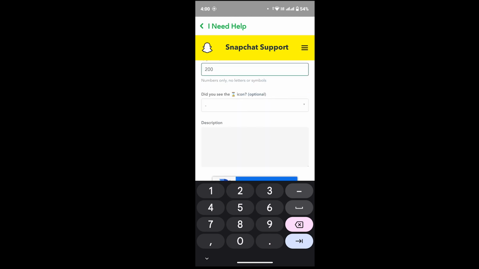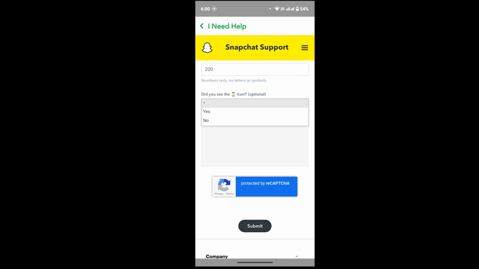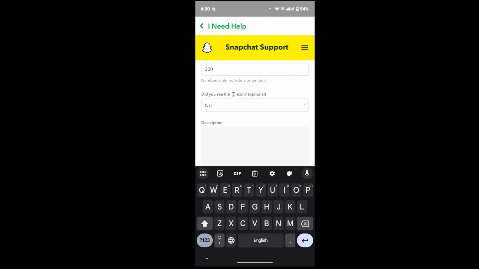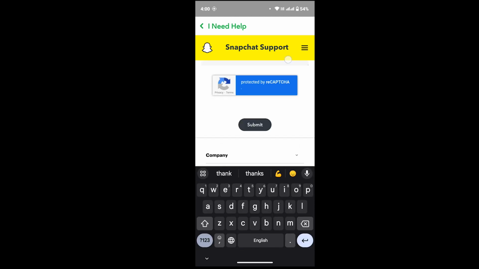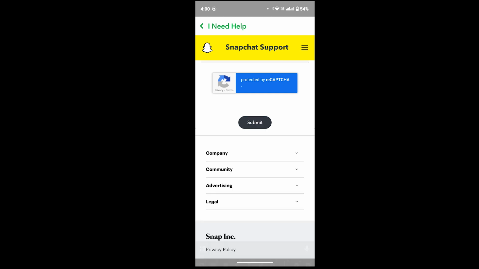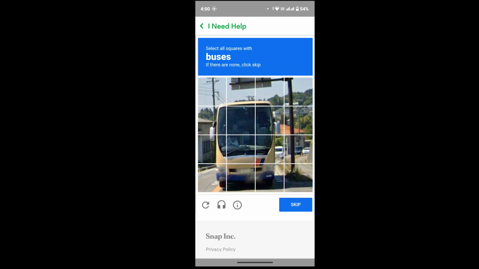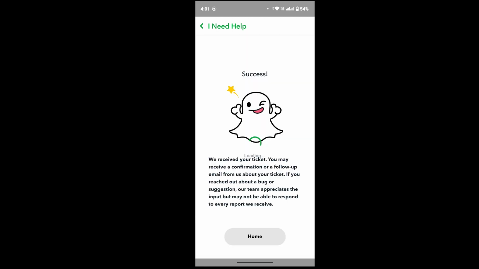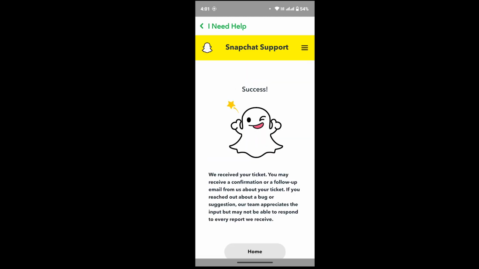And just below that you will see one more question that is optional, so you can skip that or either provide the answer yes or no. And just below that add the description. Once you're done with that, scroll down and then tap on submit, and in here you have to complete the verification. Once you verified, you have submitted a report to Snapchat support,